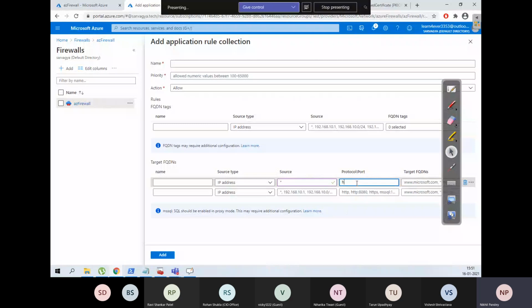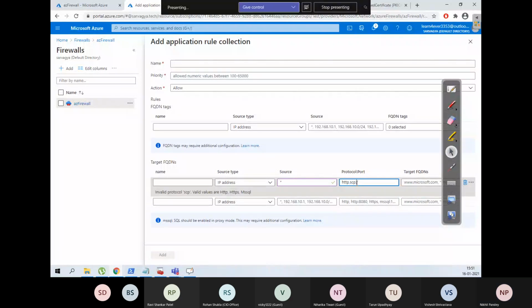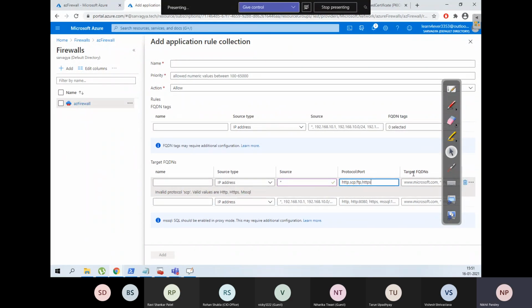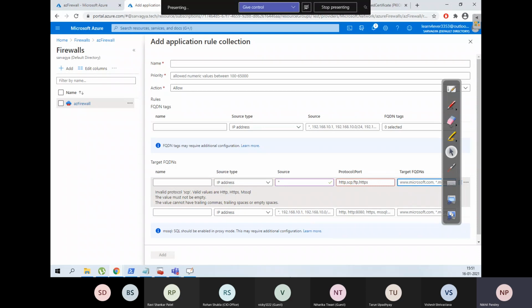Then protocol, HTTP, SCP, or FTP, or HTTPS, and target FQDN. Target FQDN means fully qualified domain name, like www.youtube.com. So we can select this application rule so that any user trying to access youtube.com,